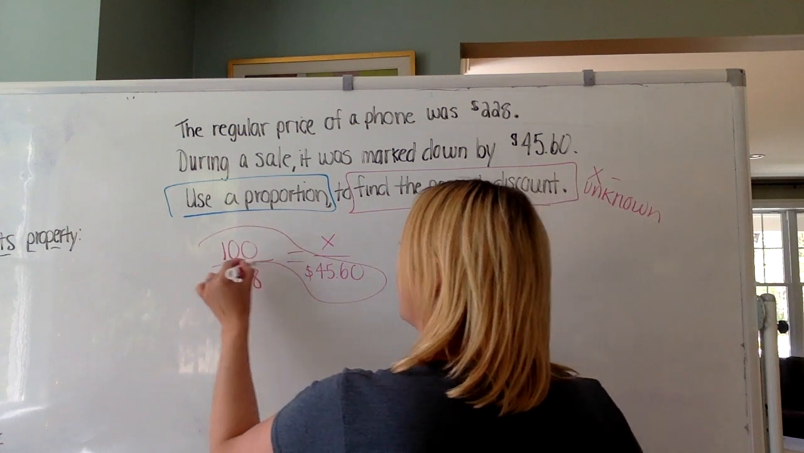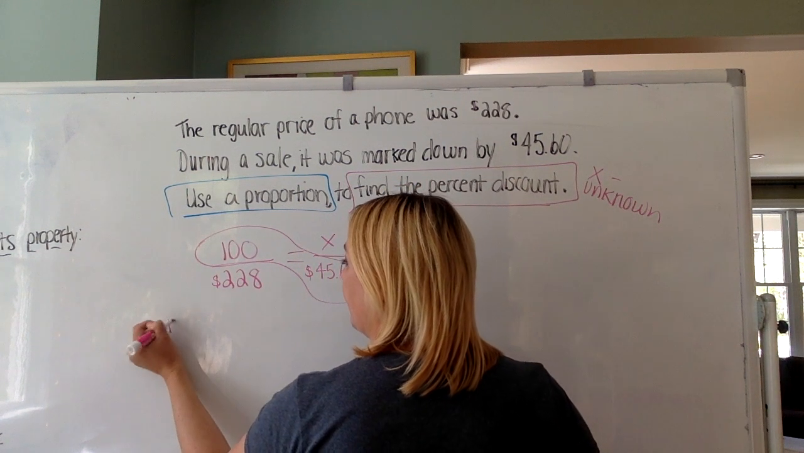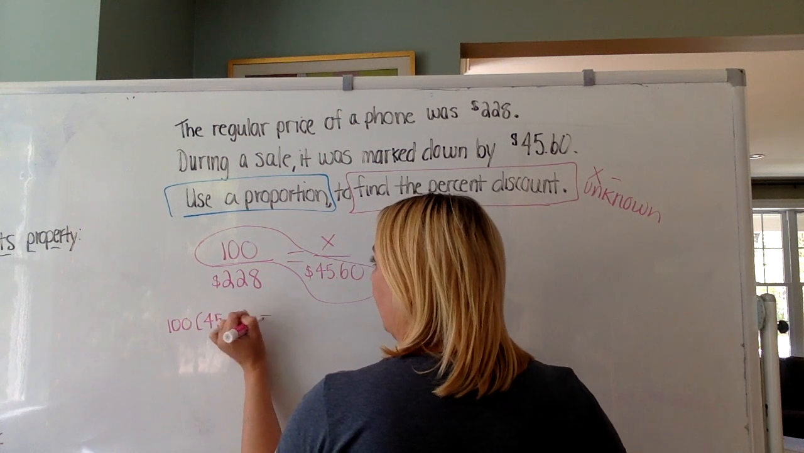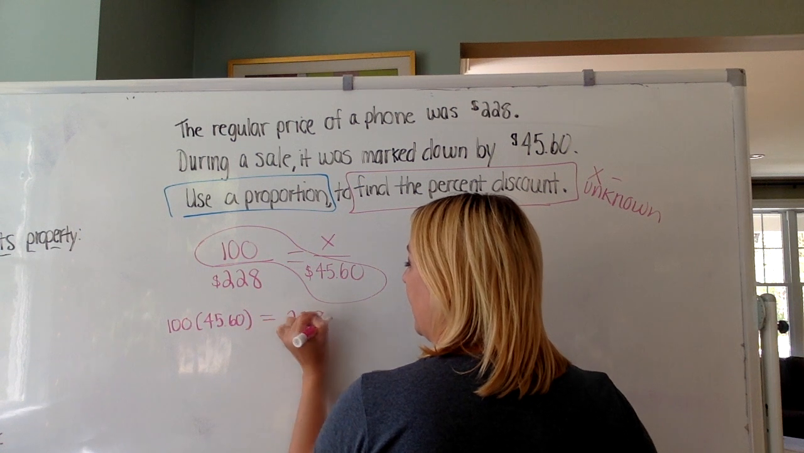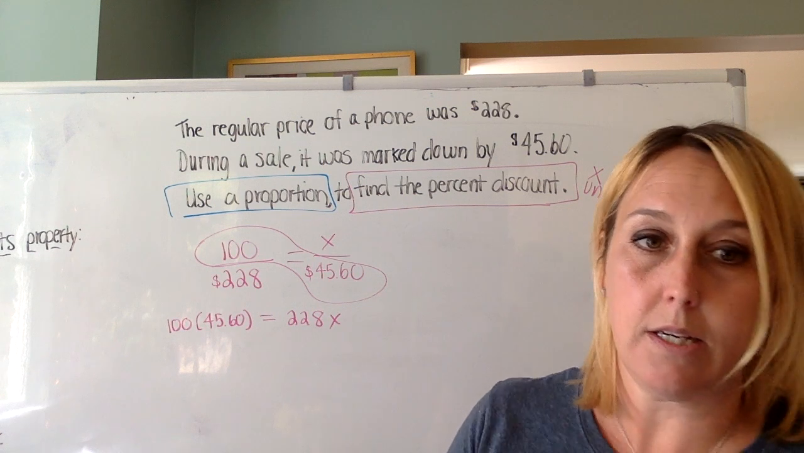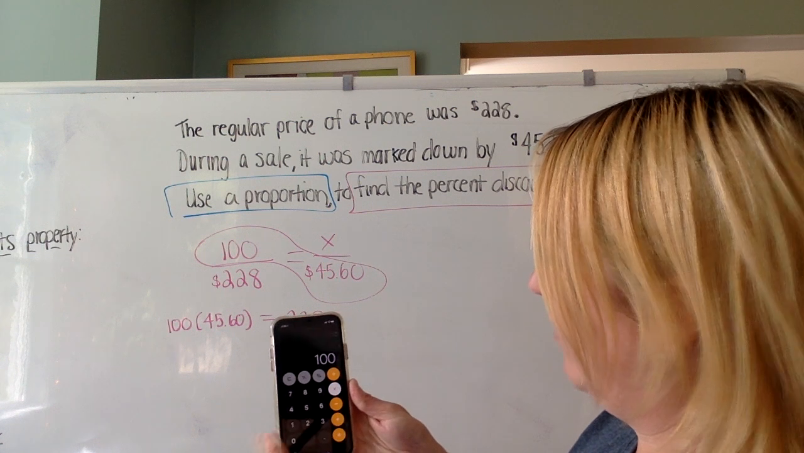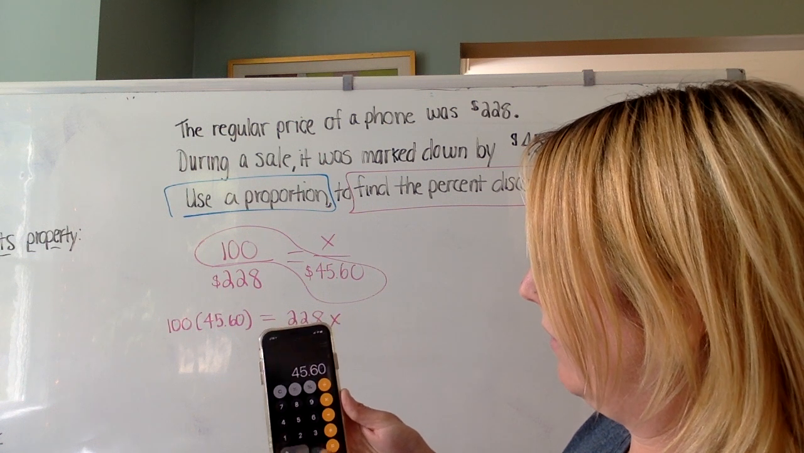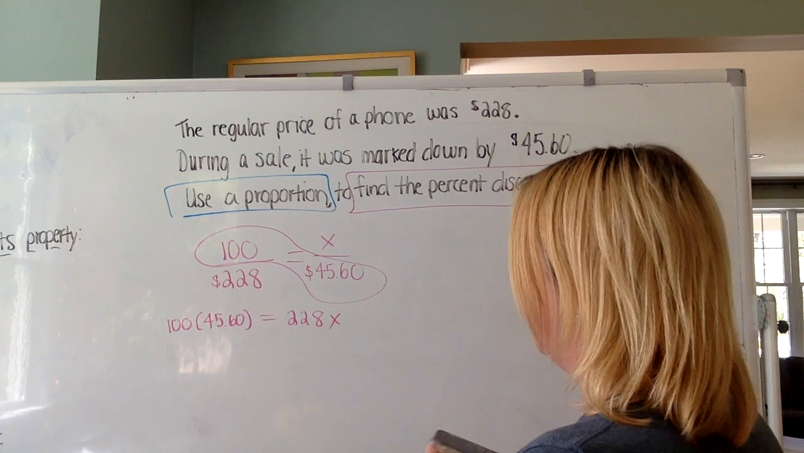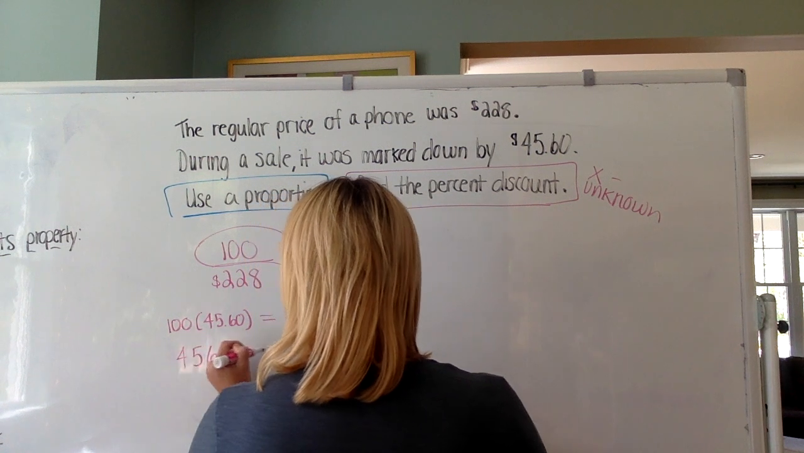Then we use that cross products property, where we multiply 100 by $45.60, and we say that is equal to 228x. Now, if I multiply 100 times $45.60, I get 4,560. 4,560 equals